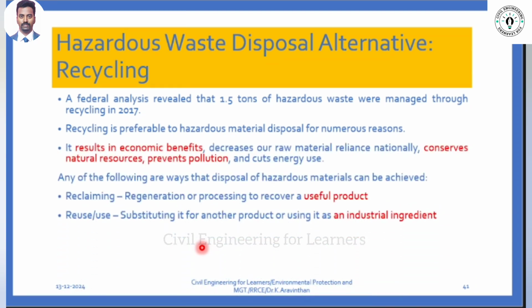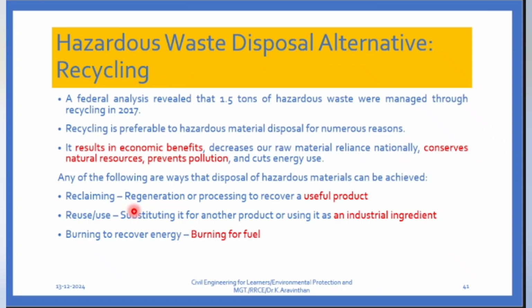Now, instead of disposal, you can use some other technology. Reclaim means if there is a procedure to make some useful product out of hazardous waste, you have to do that. Then you can reuse it and make it into another product, that is, an industrial ingredient. Or third, you can recover it by using it as biofuel for burning. So for these things you can use it. Instead of disposal, there are alternatives. What are the alternatives? You can reuse, reclaim, or burn as a